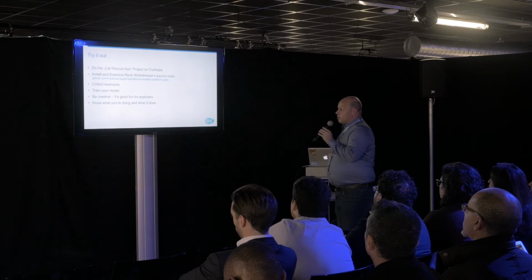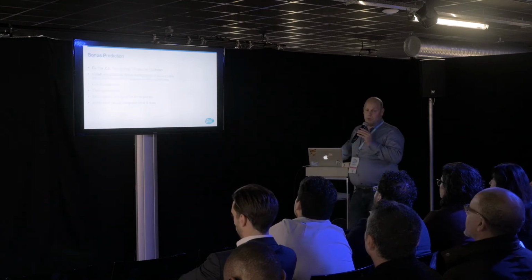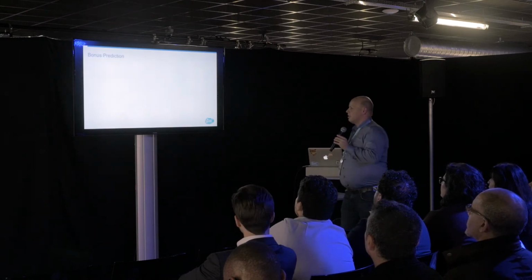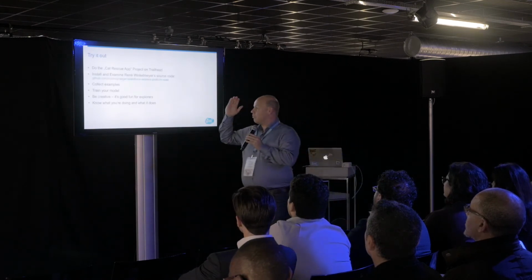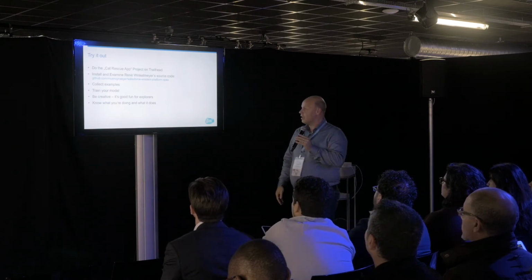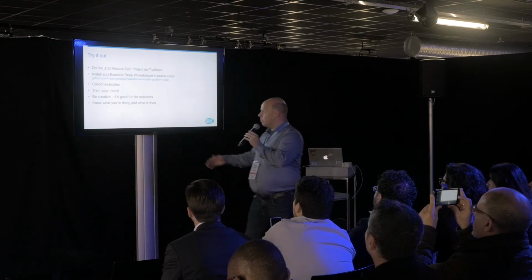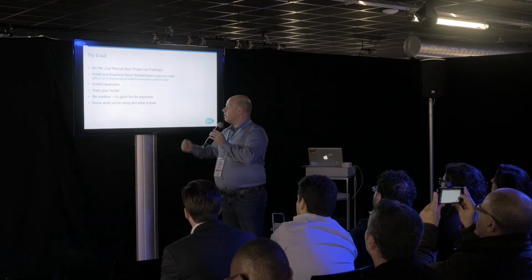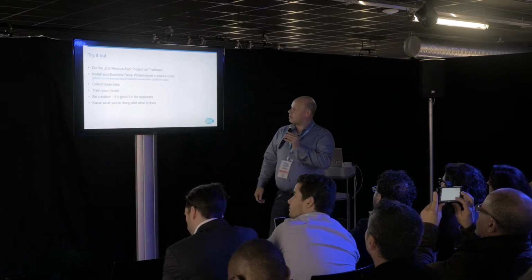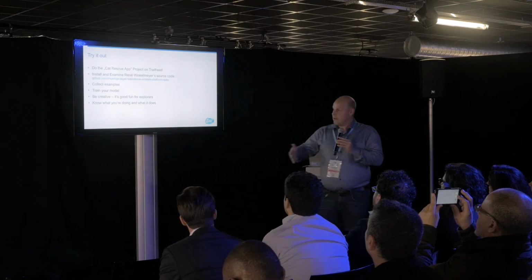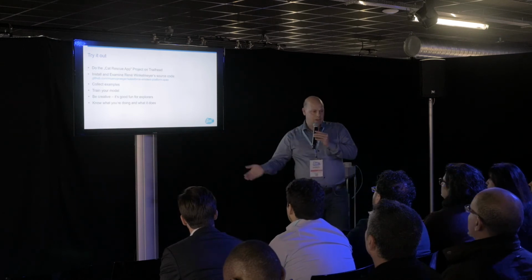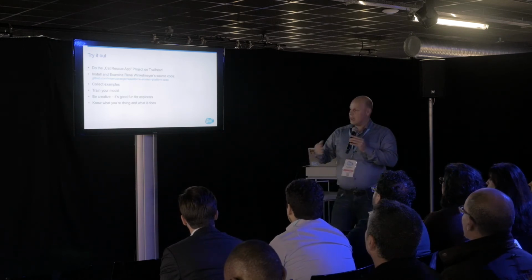So, if you want to try it out, the first thing you should do is the Cat Rescue app project on Trailhead. It's really great, and it's authored by René Winkelmeier, who created the Einstein platform wrappers that you can clone and push into your org and try the full-scale API. And then go ahead, have fun, collect your examples, train your model, run a few predictions, and learn how it